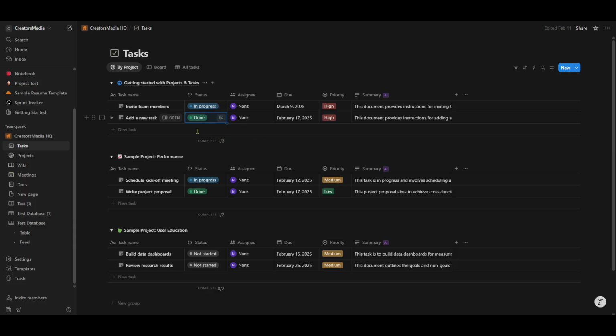Utilizing these status tags within Notion means you can quickly identify what's pending, what's underway, and what's been finished, adding a level of clarity to your task management. As each task progresses, make it a habit to update its status to reflect its true state. This habit not only keeps your tasks organized, but also helps in maintaining a dynamic and responsive approach to task